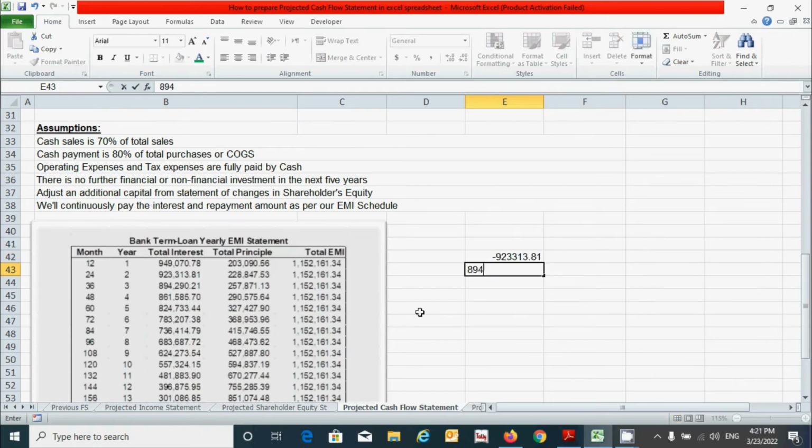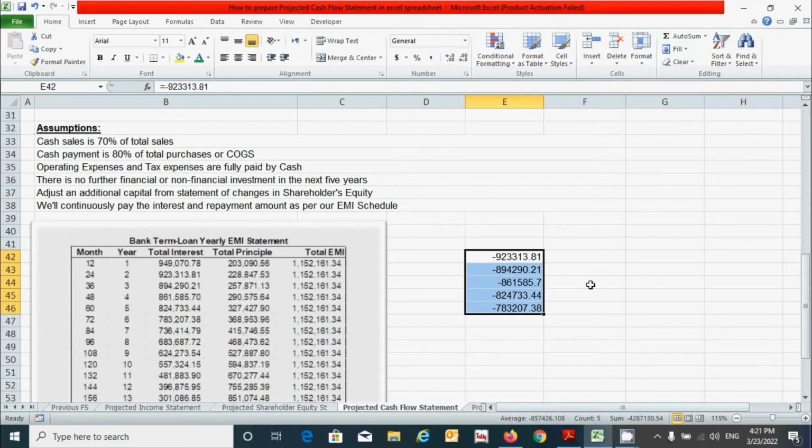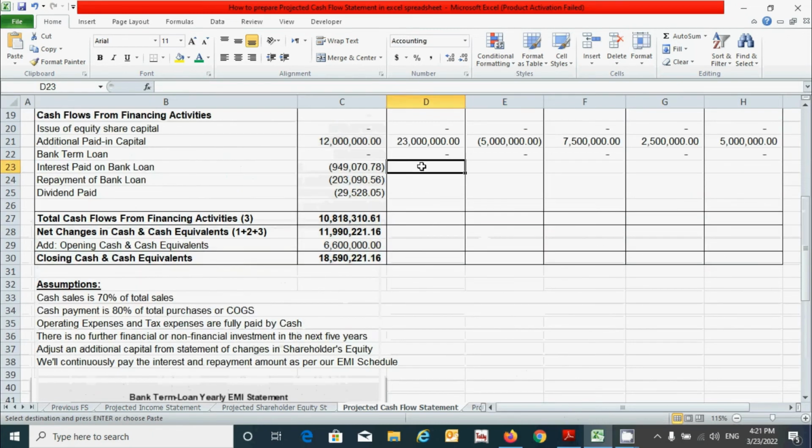923,313.81, 894,290.21, 861,585.70, 824,733.44, 783,207.38. Okay, now let's select this range and press Ctrl C to copy it, and click here and press Ctrl V to paste it,